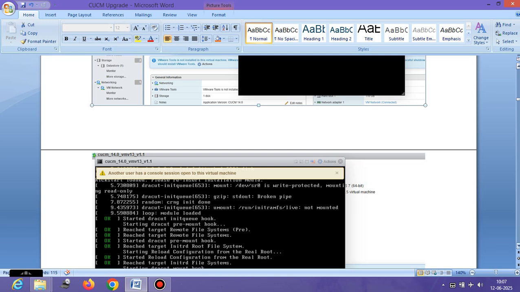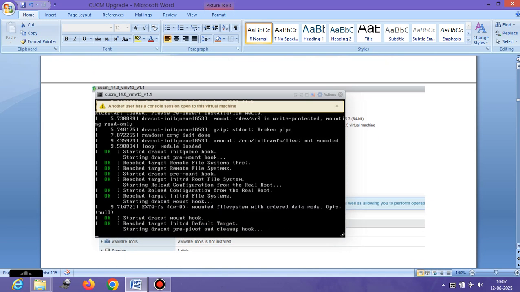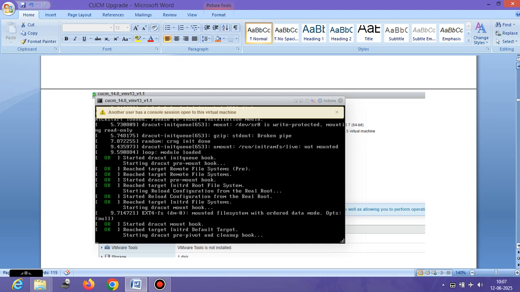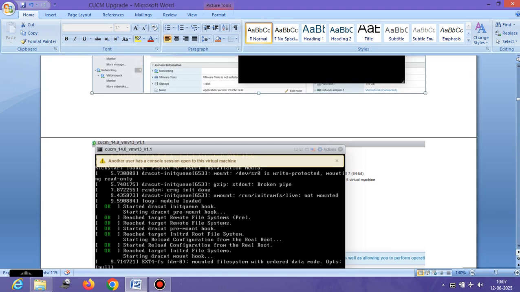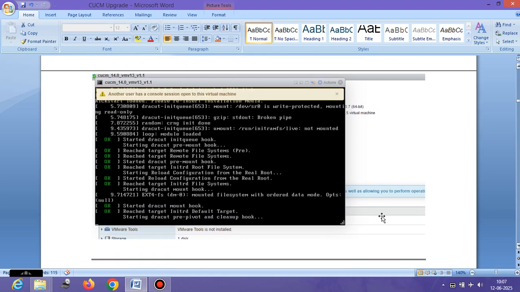That's my observation, so I have captured the screenshot, whatever I have seen, and the timeline. After a few seconds, maybe 30 seconds, you will see that your system boot process gets started, right? So you will see this icon that every process is going to install,